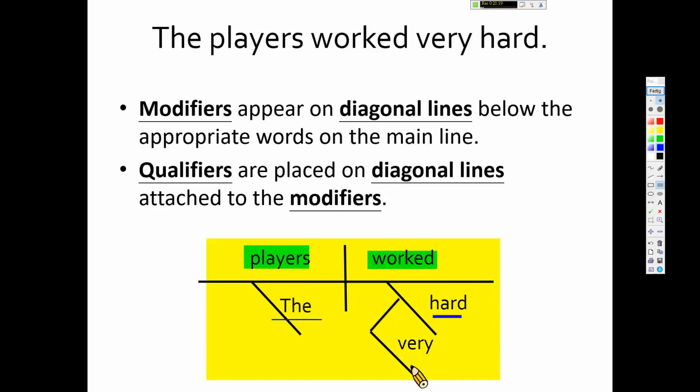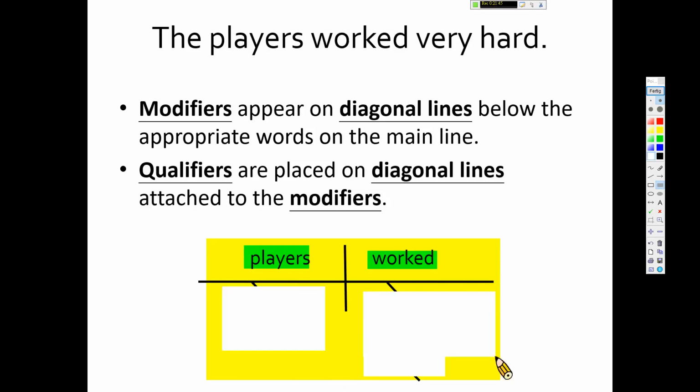And the least important ones are these two, because they have more connections than hard to worked, right? It has to connect twice to worked. So basically, we can take away the least important one first without harming the structure. The prayers worked hard. And also we can take this away and this away, and it is still a sentence,